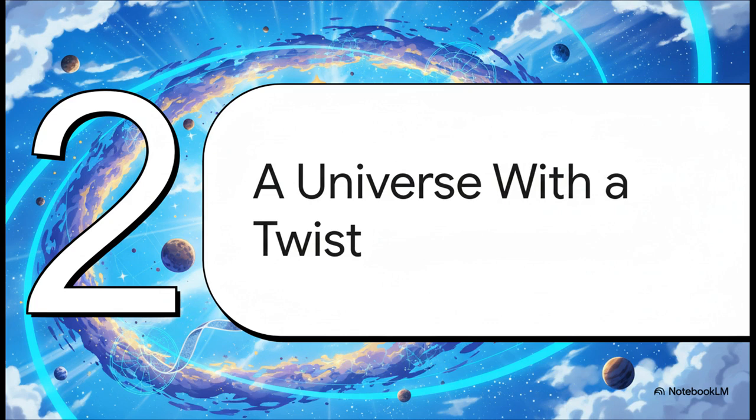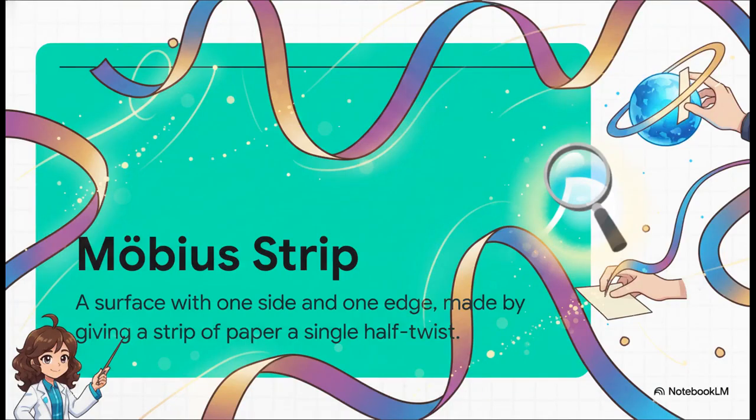This is where a radical new idea called mode identity theory steps in. It proposes a mind-bending solution that all starts with a single, simple claim about the shape of our universe. To get your head around it, think about a Möbius strip. You've probably made one before. You just take a strip of paper, give one end a single half twist, and then tape the ends together. All of a sudden, you have this bizarre object that only has one side and one edge. You can trace your finger along its surface, and you'll end up right back where you started, but on the other side. Except there is no other side.